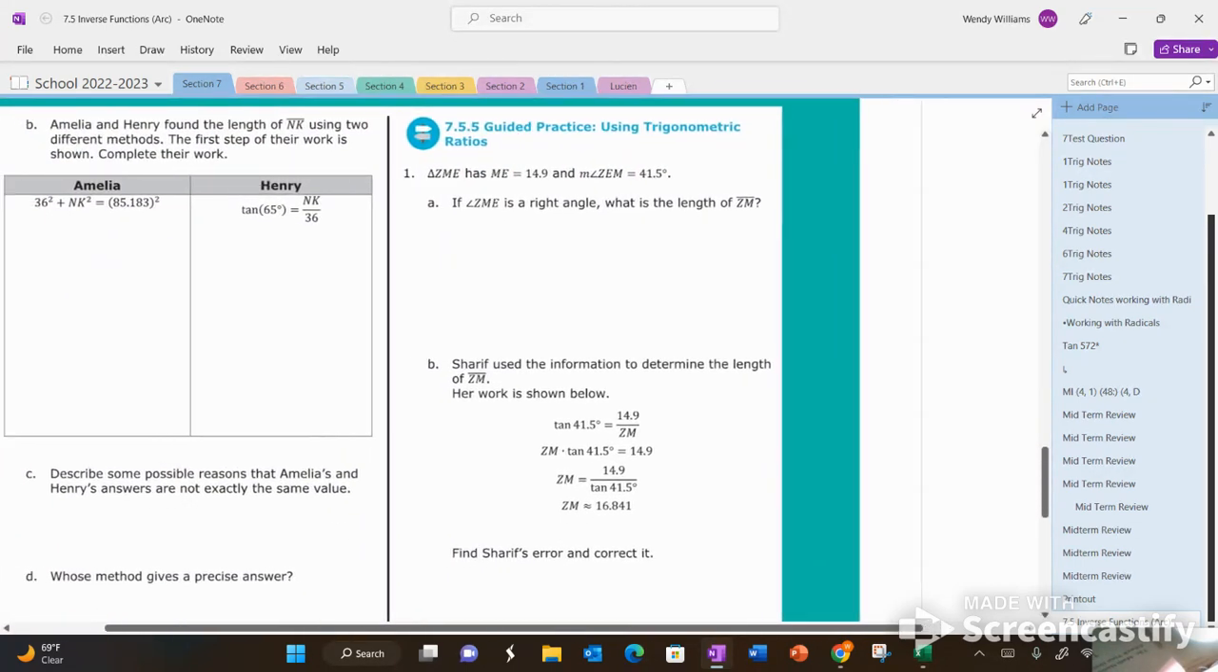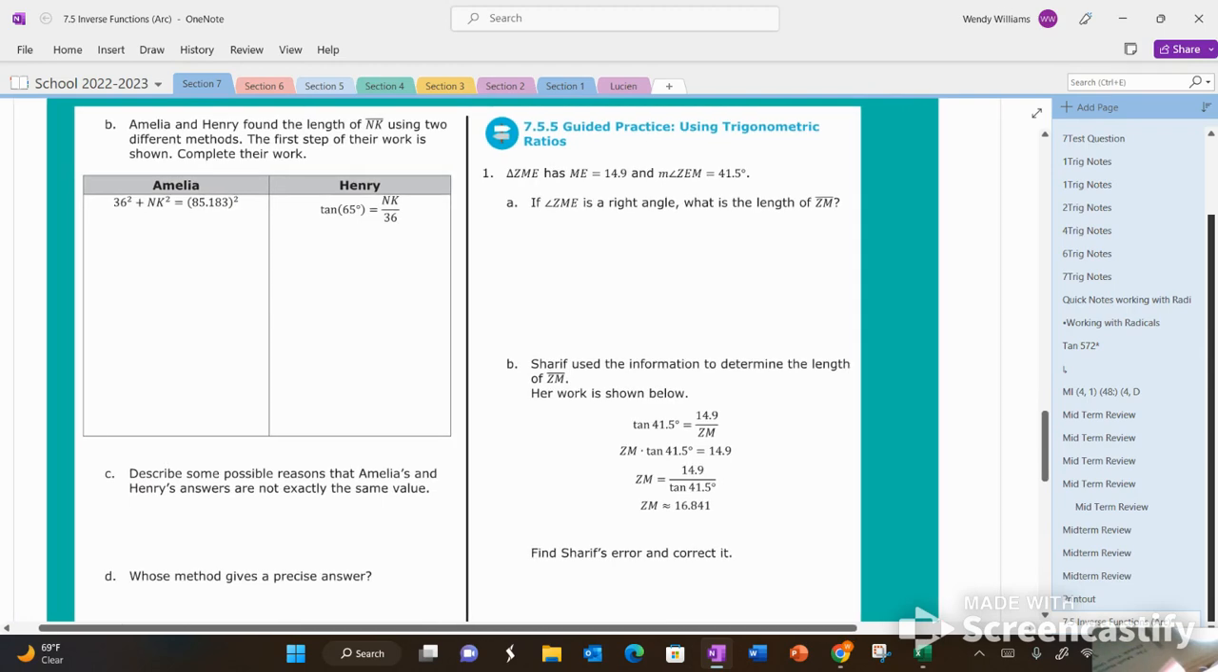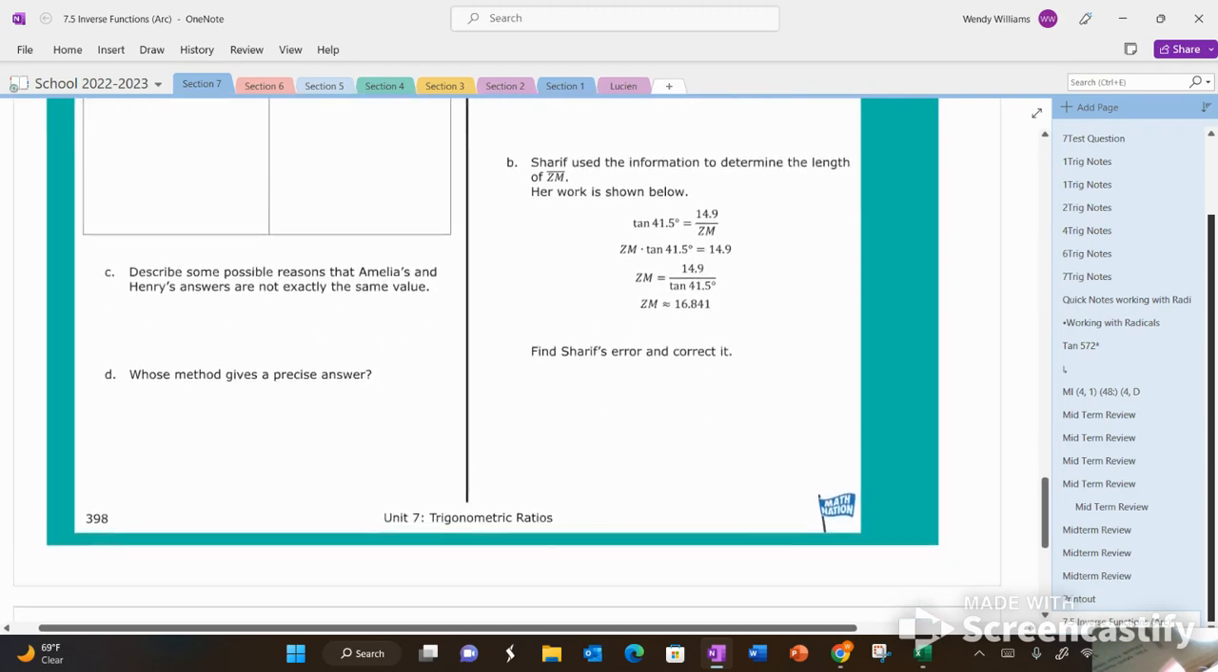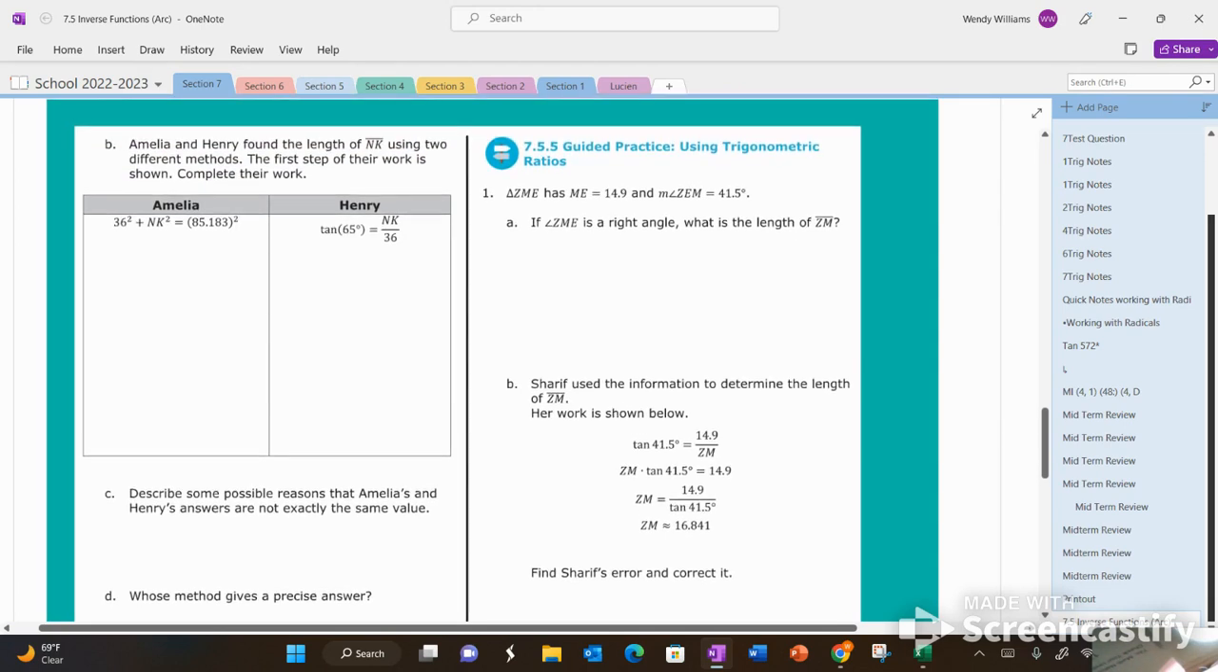All right. Amelia and Henry found the length of distance of NK using two different